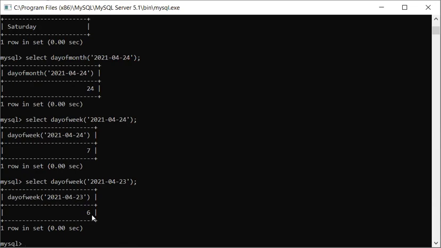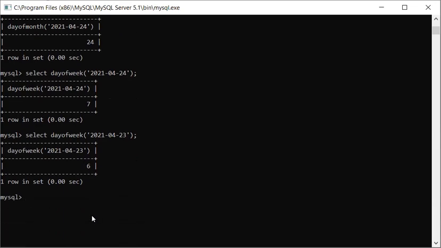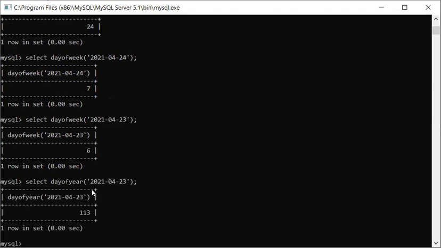Then the next function is day of year. This is a very different function. It indicates, out of 365 days, which particular day of the year you are at. So out of 365 days, we are at the 113th day.